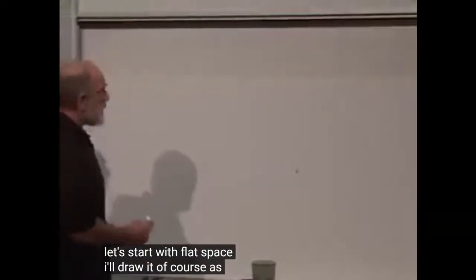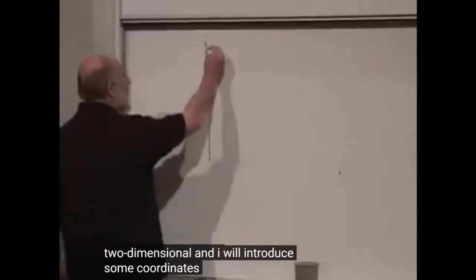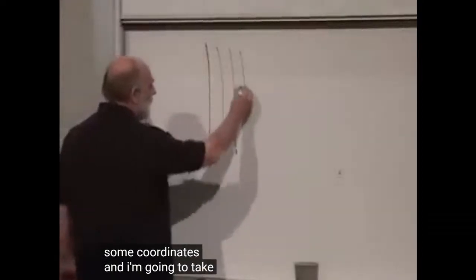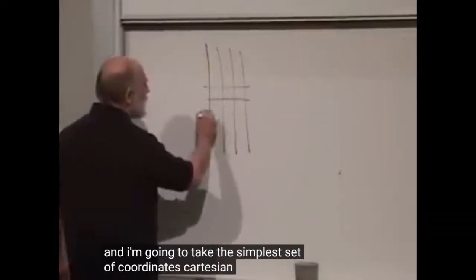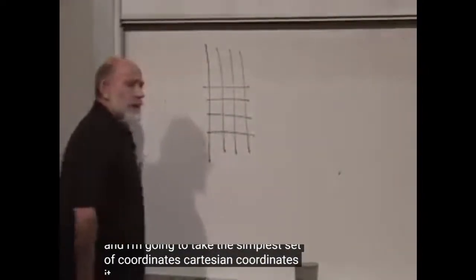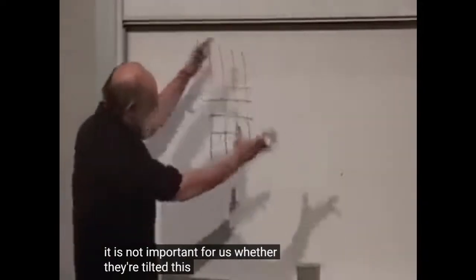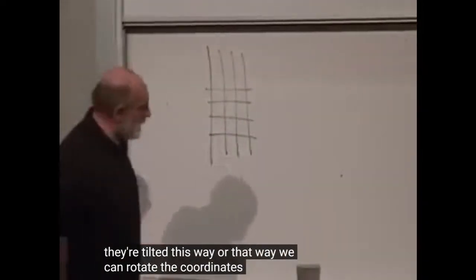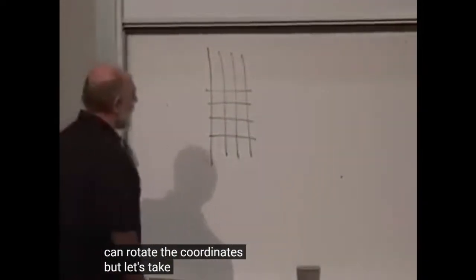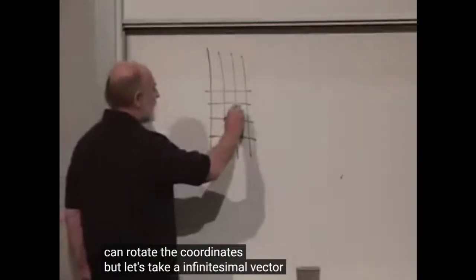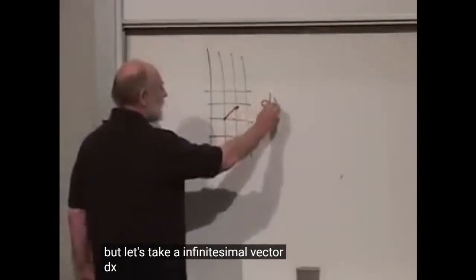I'll draw it, of course, as two-dimensional, and I will introduce some coordinates. And I'm going to take the simplest set of coordinates, Cartesian coordinates. It is not important for us whether they're tilted this way or that way. We can rotate the coordinates. But let's take an infinitesimal vector dx